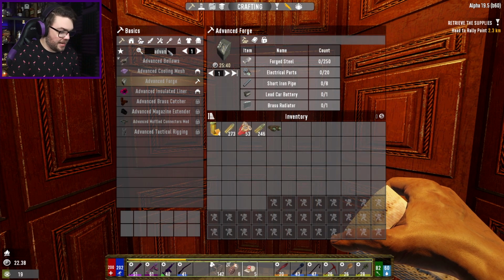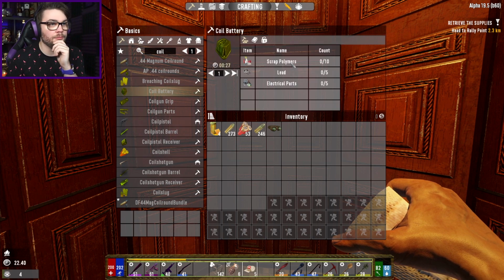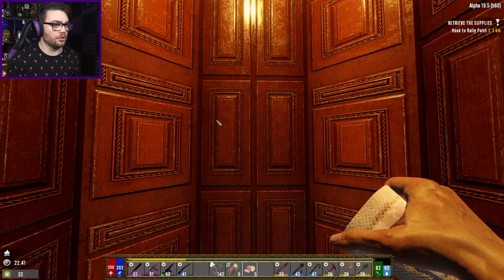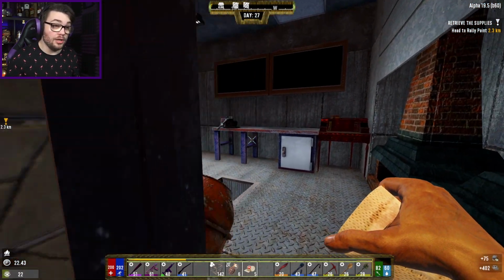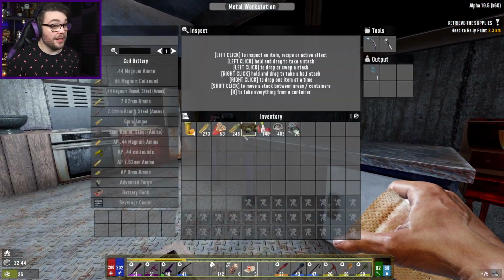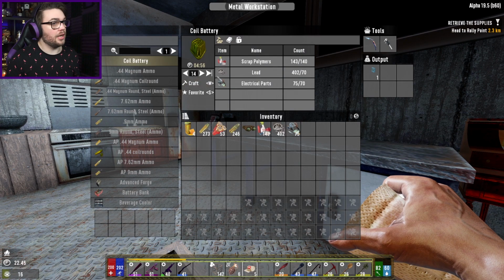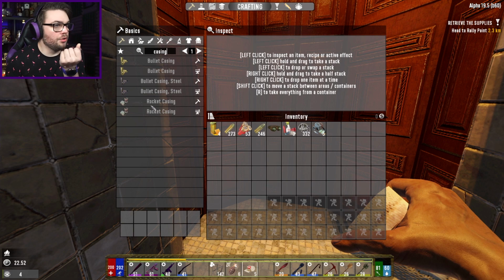So I will need to make coil batteries to make the ammo. Polymers, lead, electrical parts, and you get made in the metal workstation. Okay, that's doable. Polymers, lead, and electrical parts should be there. I don't have many, if any, but I do have some. Yeah, okay, I'll use all my electrical parts. I can find more later on. Look, that's 700. This is definitely gonna be more worthwhile for me. I know I also need